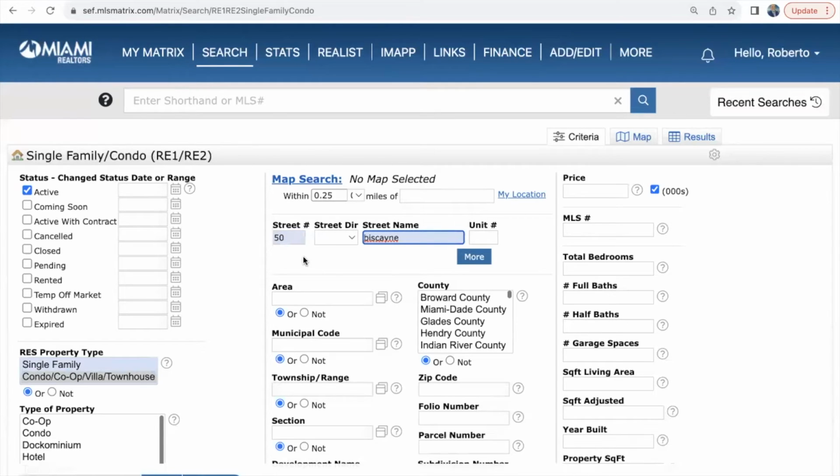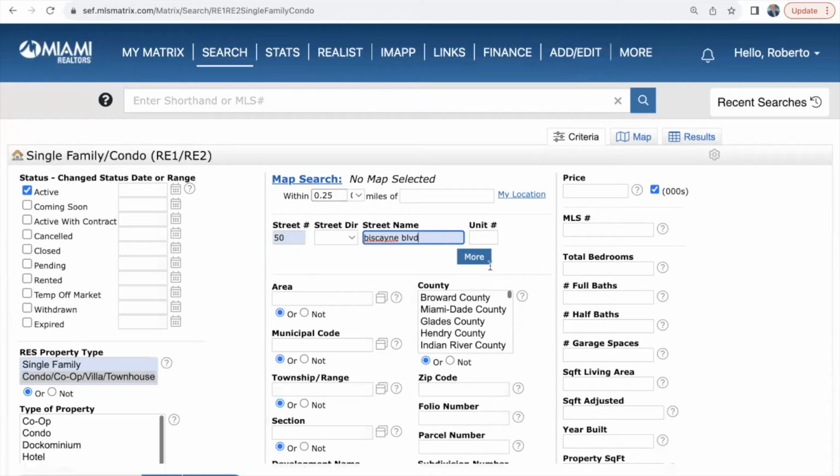All right, this building address is 50 Biscayne Boulevard. Notice how I did not type in the word Boulevard. By not typing in the word Boulevard, I've got 14 matches. If I type in BLVD for Boulevard, sometimes it's not going to equal 14 matches. In this case, it did. So we have 14 matches in this building.